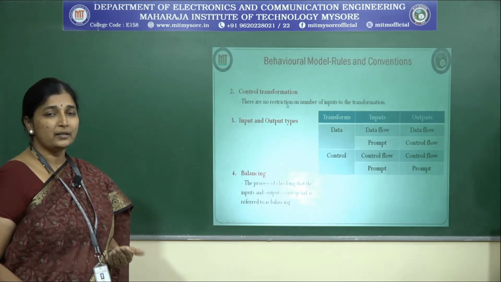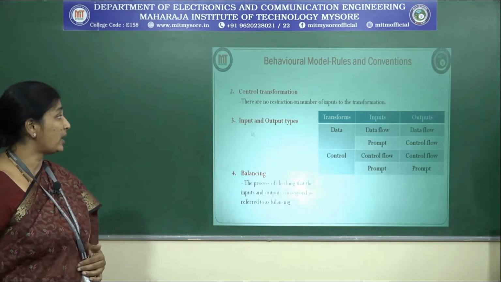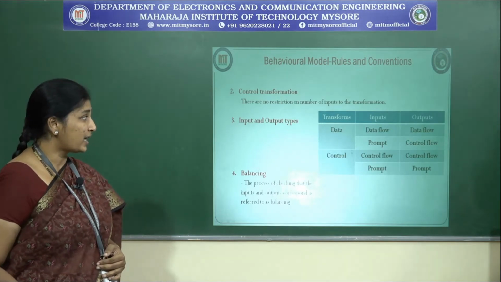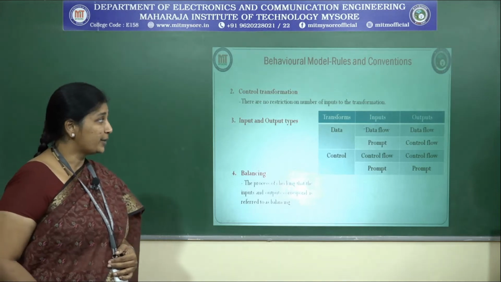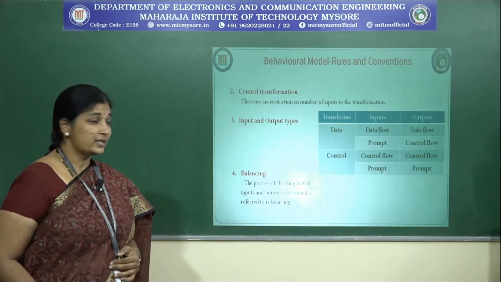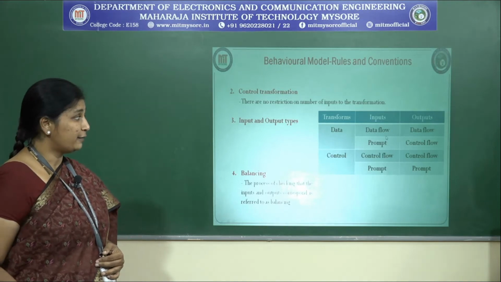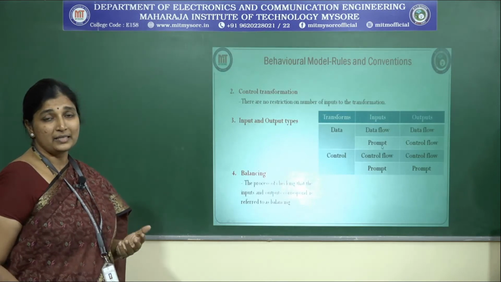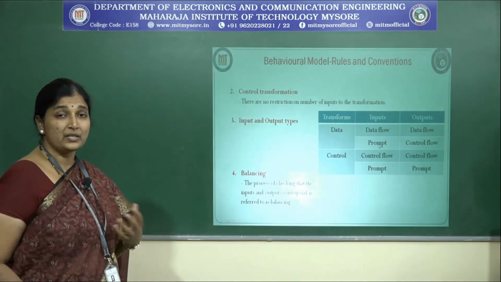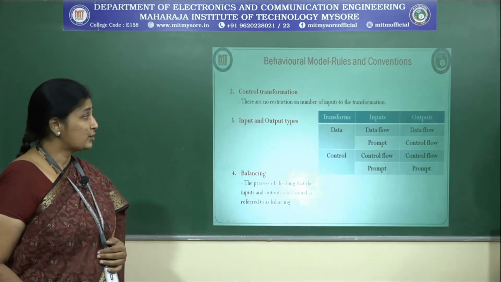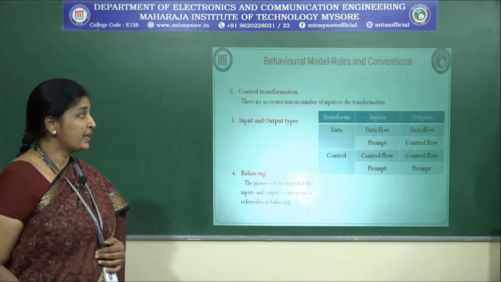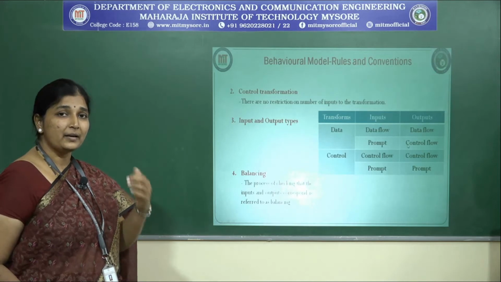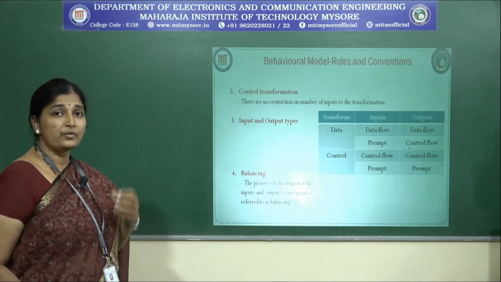control transformations that can occur at the same instant of time. So you have what is called input-output types. So what is this input-output? It is based on the transformation, whether it is data or control information, whether the input is a data or a control. If it is a data flow, then the output is a data flow. And if it is a prompt, it is just like enabling, disabling, trigger. These are all some of the prompts that we have already learned, right? So if there is a prompt in that data flow, then you have a control flow. That will be the output, right? Enable some activity or disable some operation or trigger when it is high.